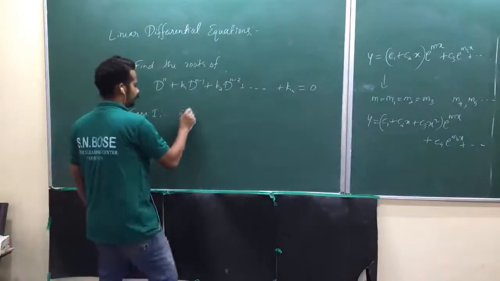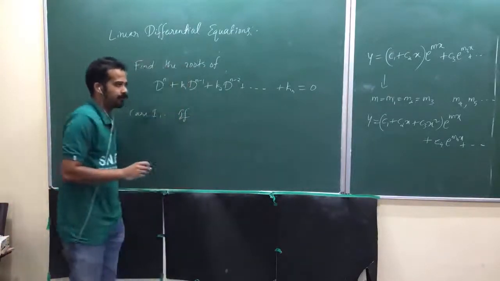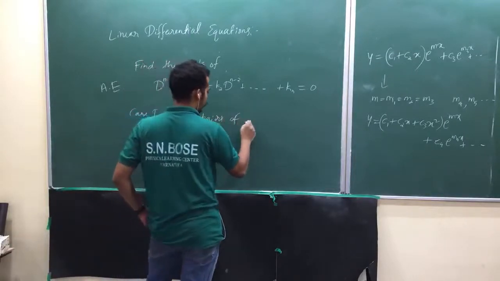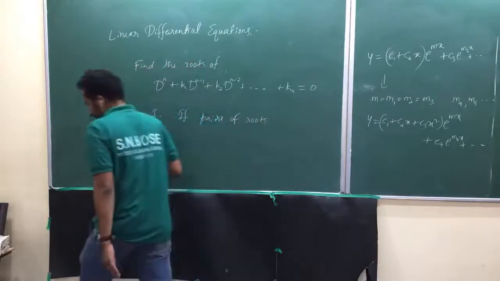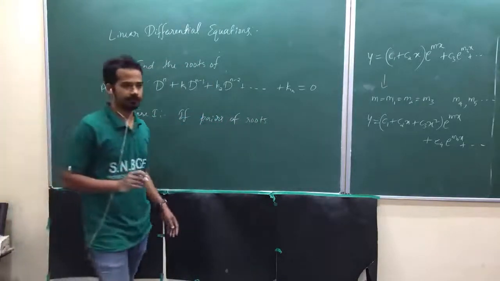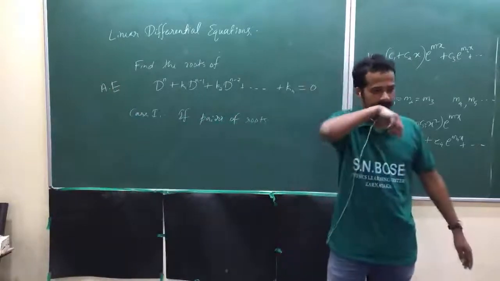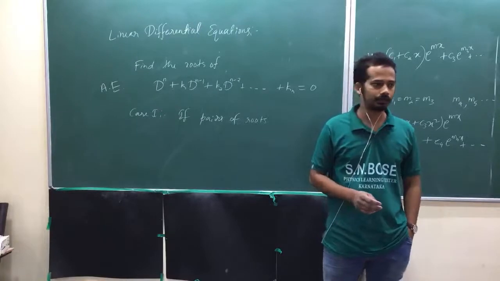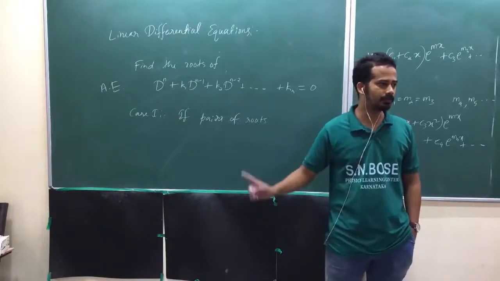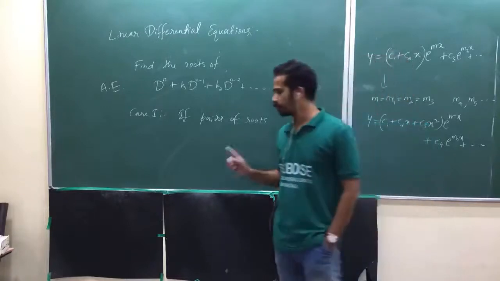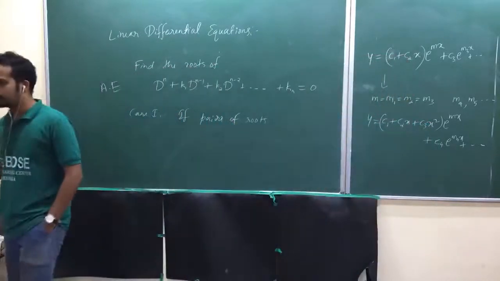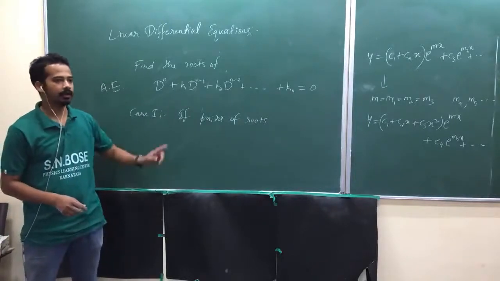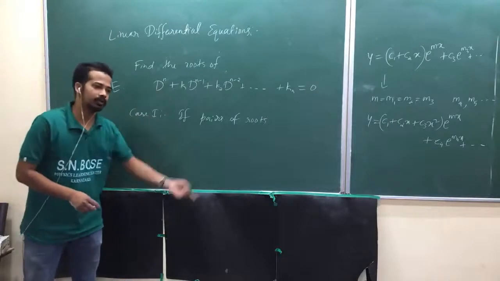So if pairs of roots are complex conjugate to each other, definitely. I mean this, wait a second, don't try. If there are only two complex roots, they should be complex conjugate to each other. Am I right? There is one theorem. If one complex number is a root of that equation, then its complex conjugate is also a root of the same equation. Is that okay? If a complex number comes as a root and its complex conjugate is also a root.